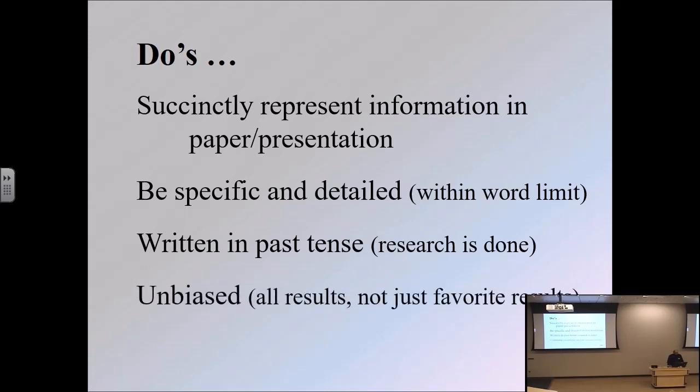And then it should be unbiased. And what I'm meaning by that is the abstract should at least contain some reference to all of your results, not just those results you liked. And in the paper, buried somewhere is the results you didn't like. Okay, if there's part of the results you didn't like, then that should also be mentioned in the abstract. So there's not something hidden in there. We're trying to just put on a positive face when the results themselves or when the study itself doesn't necessarily provide that. Okay, some don'ts.